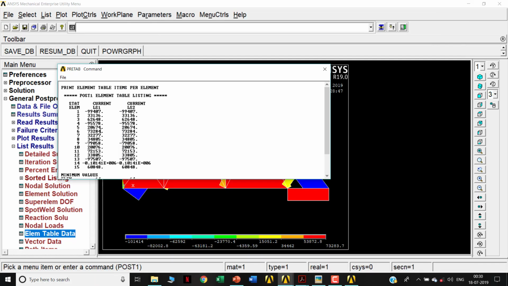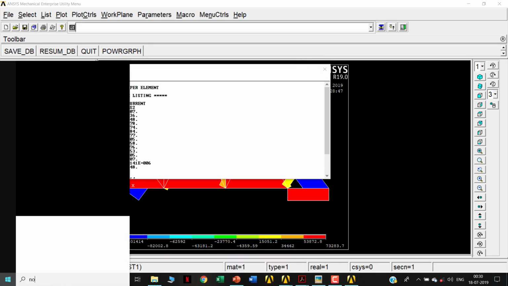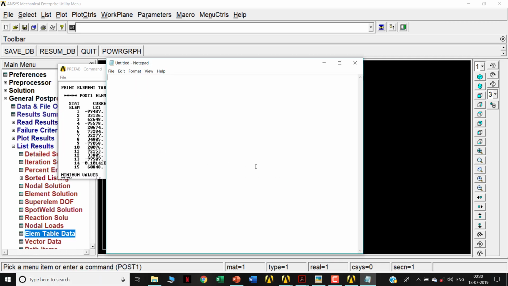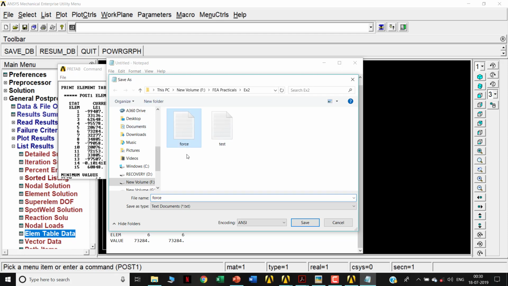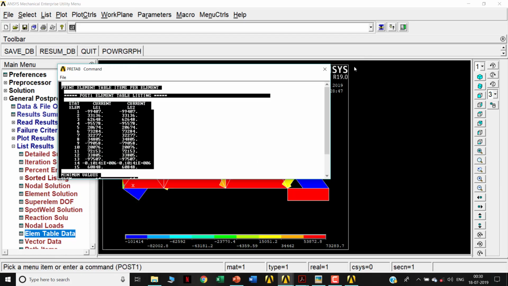So again, copy, Control A, copy all this, open a notepad file and save it as stress list. So go for Control V and paste it and save it as, so instead of force, give it as stress list. Save it as. So I have saved the force result, I have saved the stress result, and I also have